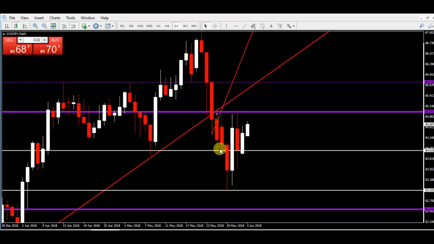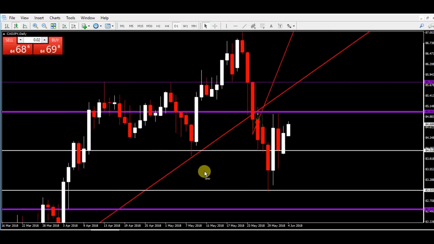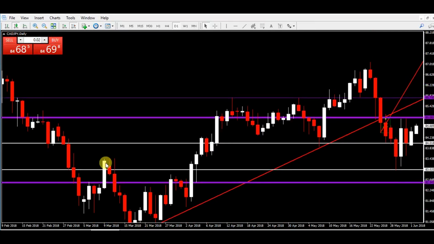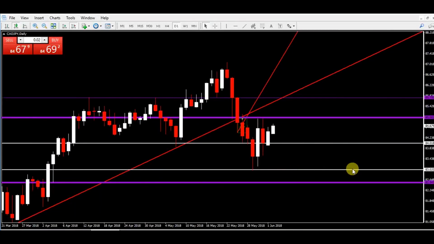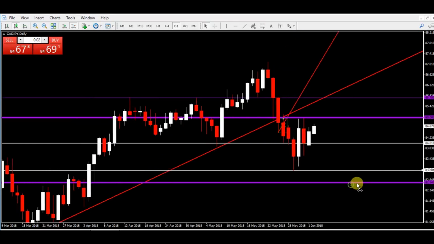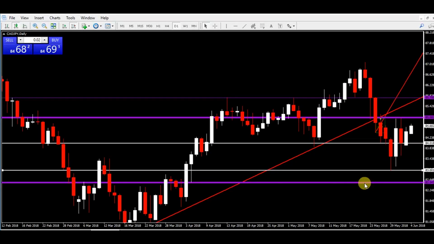And where is it going to find support? At where previous resistance was. Where was previous resistance? Well, let's just look to the left. Boom, previous resistance right there. Previous resistance in confluence with what? It's not magic, people. It's not coincidence. 83.00 whole number. Boom. Boom. That's where you would have taken profit.